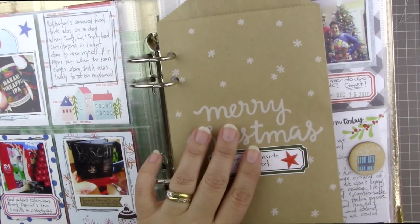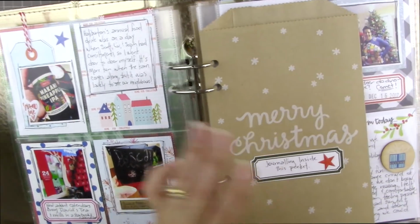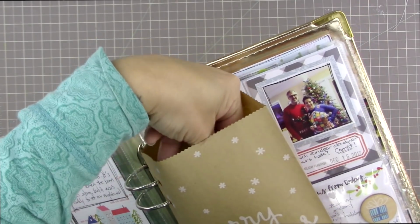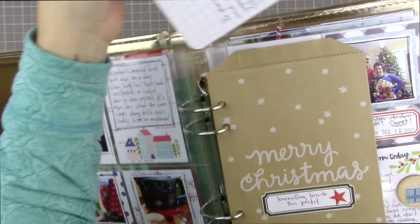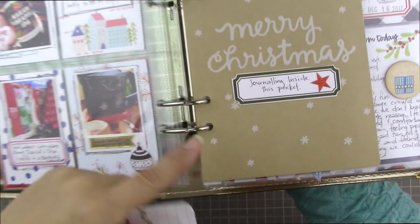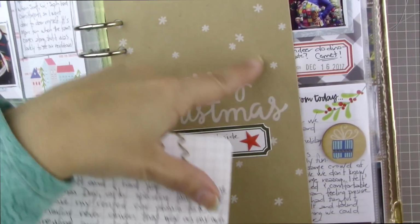But this envelope was empty for a good part of my scrapbooking process, and it wasn't until later in the process that I realized that this would become a really great home for some of my extra journaling. So I put a little label on it that says journaling inside this pocket, and I went with a fairly